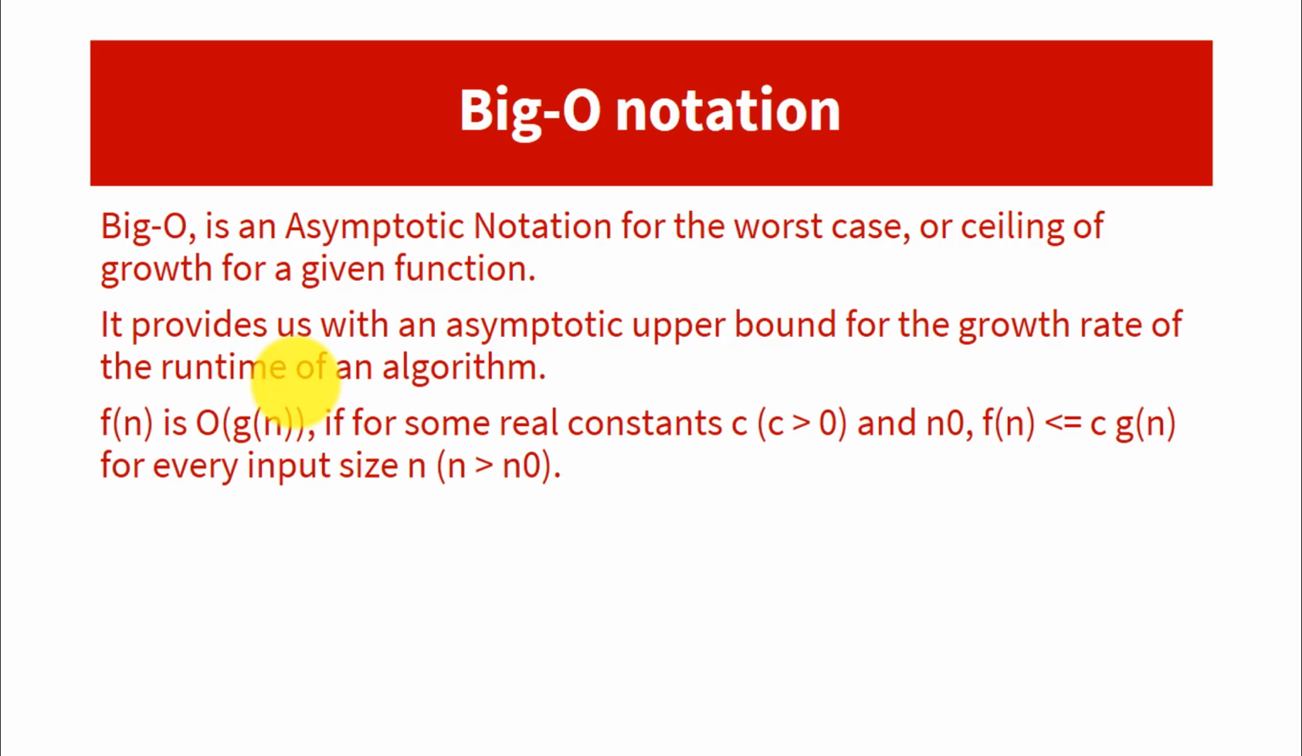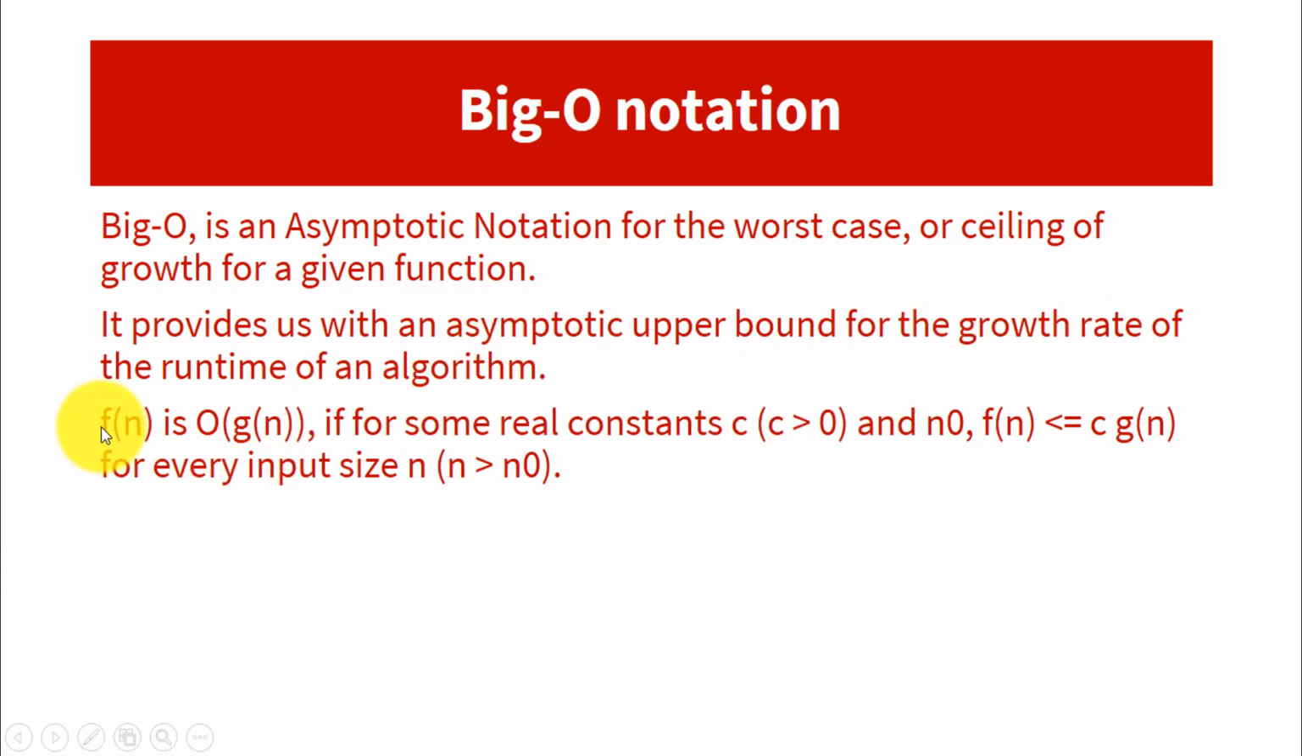So it guarantees that this particular algorithm will not take more than this. So we actually define an upper bound for an algorithm's running time, that this algorithm will take maximum this much time but not more than that. It provides us with the asymptotic upper bound, as I mentioned, for the growth rate of the runtime of the